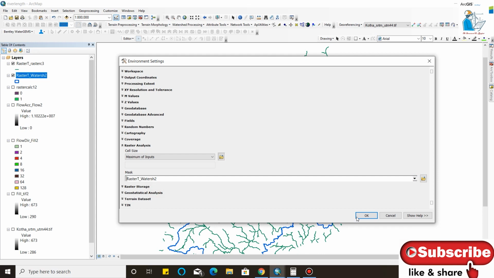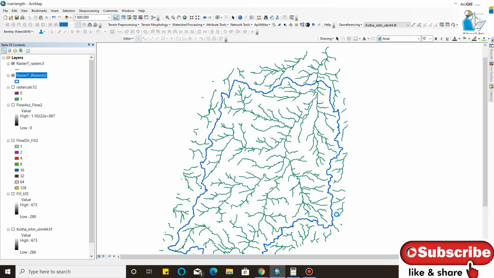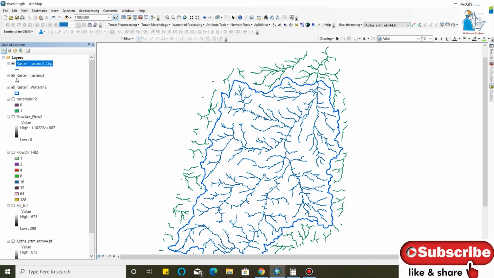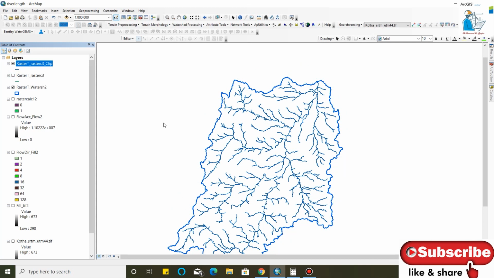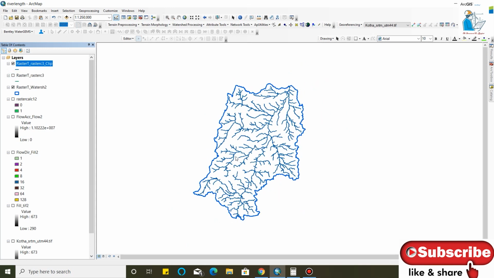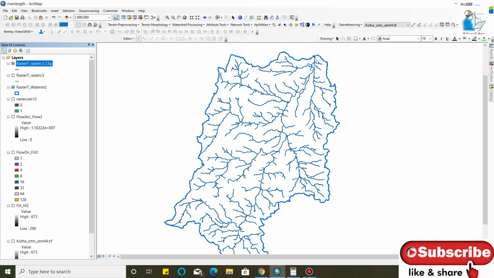Mask is my watershed. Click OK. As you can see, your raster is now clipped. This is your main stream. In my stream order video, I have shown how to create the stream orders using the Strahler method.